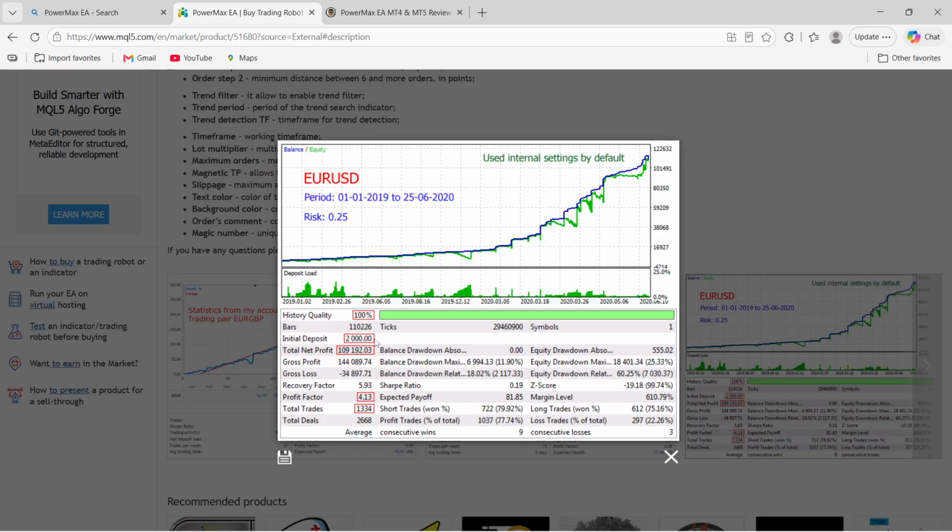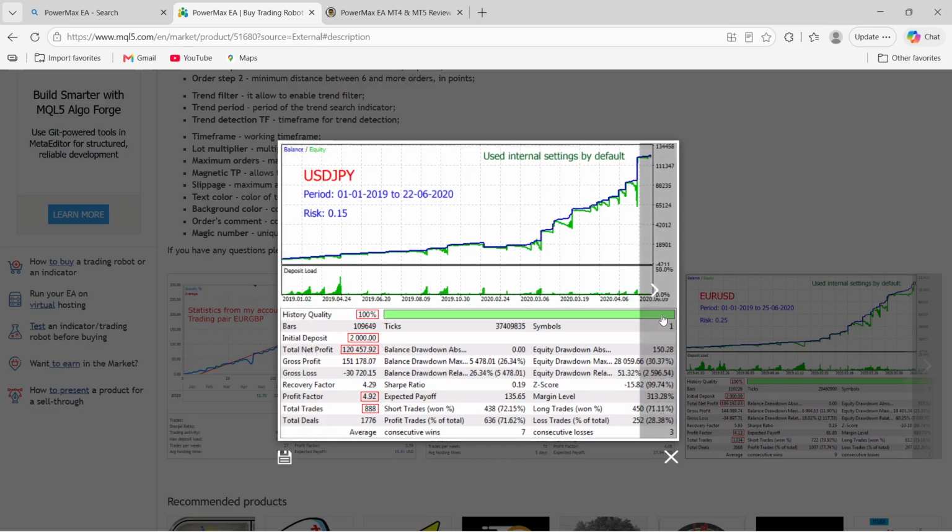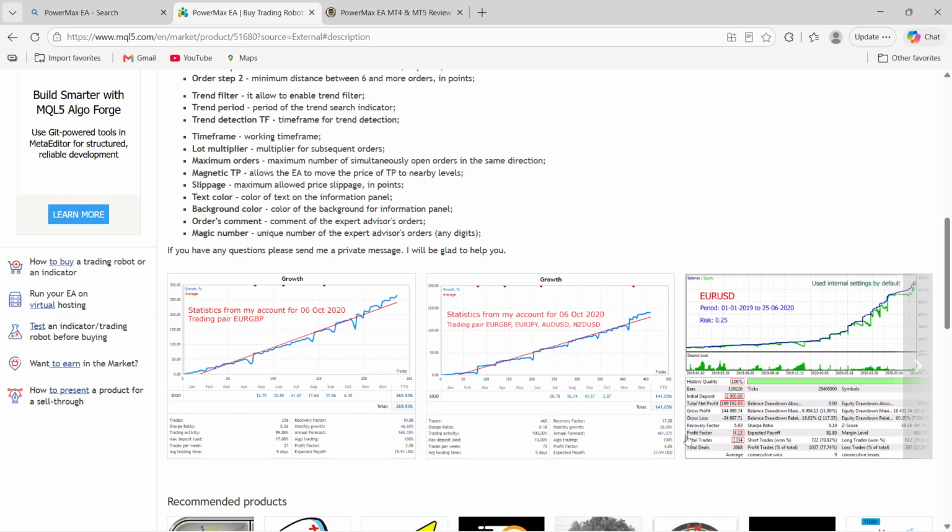That's quite a performance from the developer. You can see the profit factor was 4.13. The total trades taken were 1,334. The balance drawdown was 11.90. So all this is from the developer, but let's see how it actually stacks up